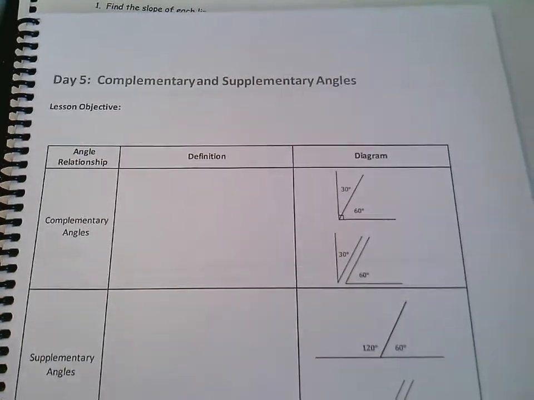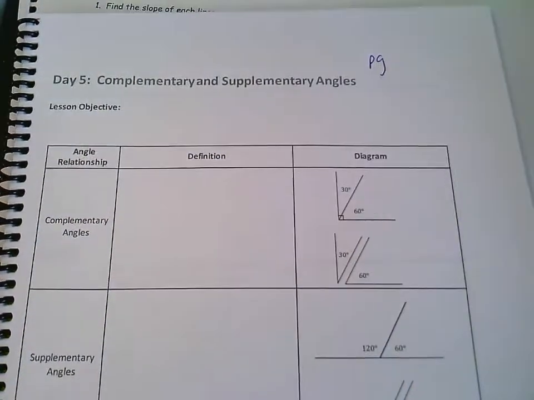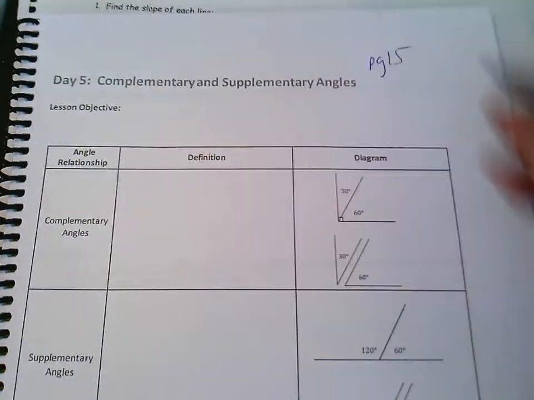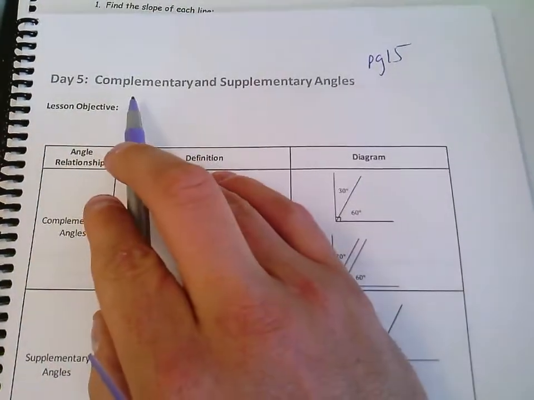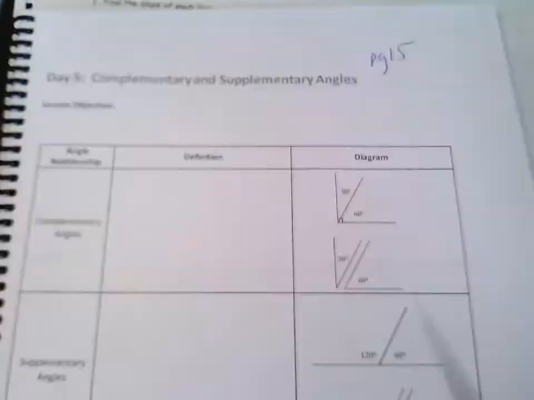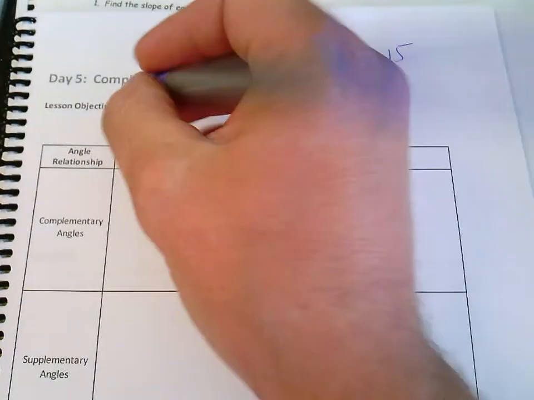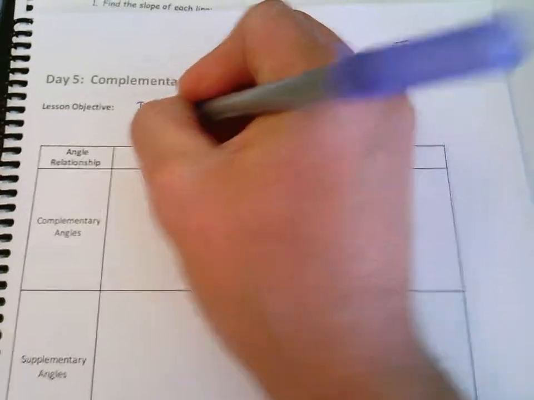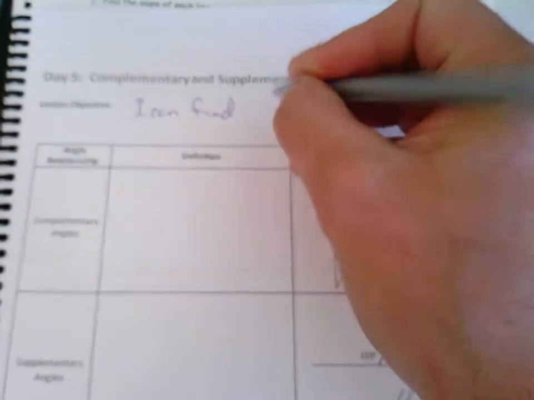Hello class, day 5, this is page 15, and for the lesson today we're going to introduce, well, we don't introduce because it's already been introduced, complementary and supplementary angles. The lesson objective is still going to be the same. I can find, actually,